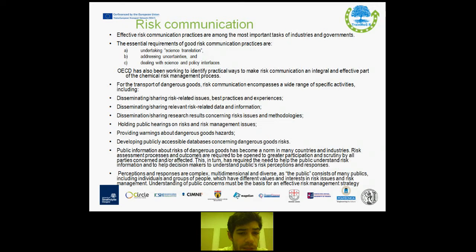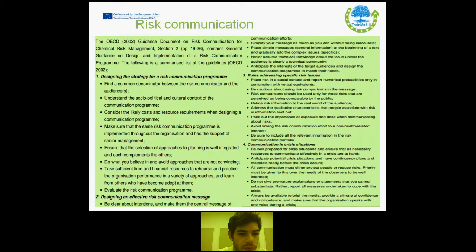The OECD Guiding Document on Risk Communications for Chemical Risk Management contains guidance on design and implementation of risk communication programs. The following is a summarized list of the guidelines produced by the OECD. The first phase includes designing